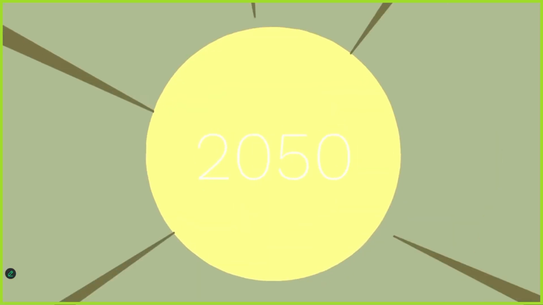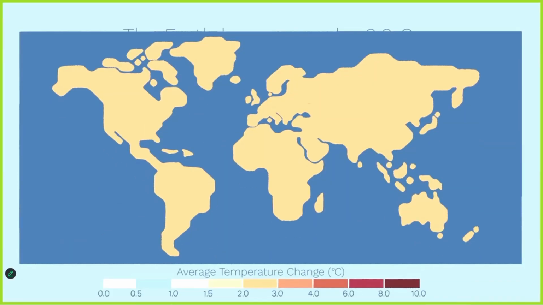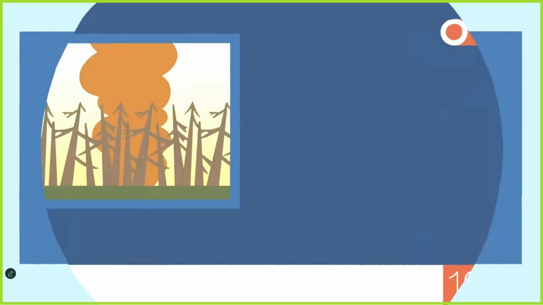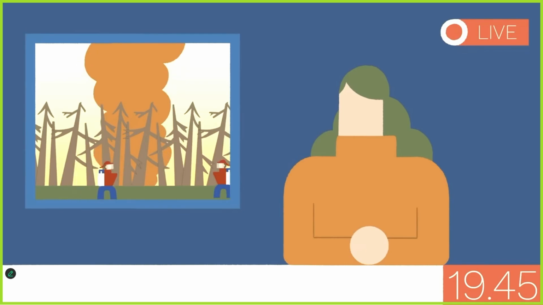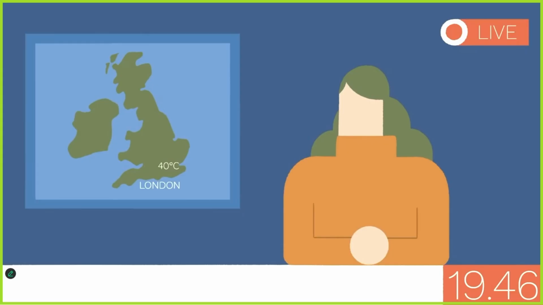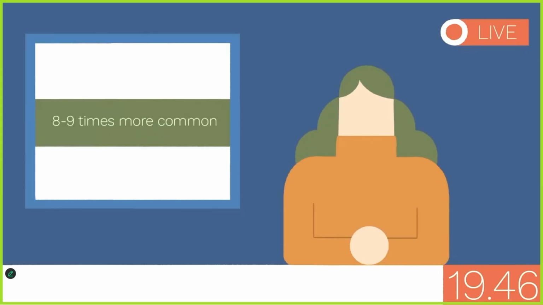It's 2050. We've blown past the 1.5-degree target that world leaders promised to stick to. The Earth has warmed 2 degrees since the 1800s, when the world first started burning fossil fuels in mass scale. Reports on heat waves and wildfires regularly fill the evening news. Summer days exceed 40 degrees in London and 45 degrees in Delhi, as extreme heat waves are now 8 to